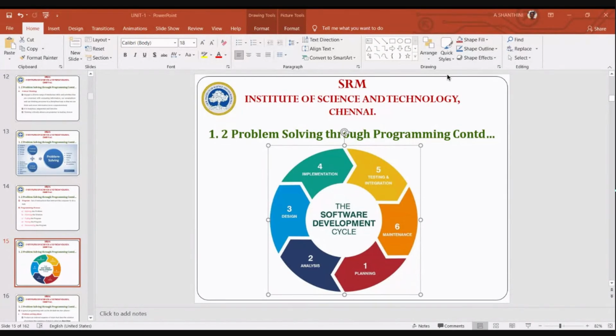Structure of the code. Structure of the code, actually, comes inside the implementation part where you write the code. Design comes to the part of writing the algorithm or the flowchart. So you are just saying how we are going to solve the program, that is the step-by-step procedure or something like a pictorial representation, a flowchart. Yeah, flowchart. Very good. So you draw a flowchart or you write the steps in an algorithm way. That is how you make up a design to know whether you are giving the proper solution.